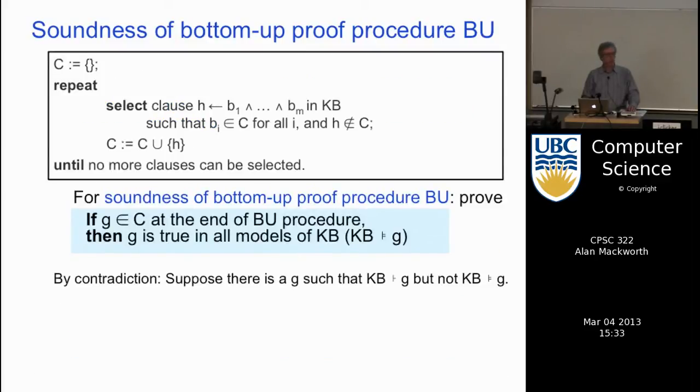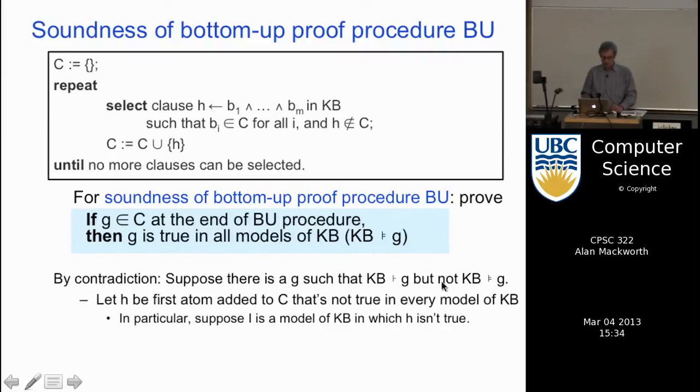And we're going to prove that two ways. First, we'll do it again by contradiction. I think Giuseppe did it this way last time. And then I'll do a direct proof by induction. Okay, so for soundness, we just restated that. And we'll prove it by contradiction. Consider a G in C there, but suppose it's not the case that G logically follows from the knowledge base. Okay, so this is our hypothesis that we're going to show can't be true, because we'll get a contradiction if we assume that G is derivable from KB, but doesn't logically follow from it.